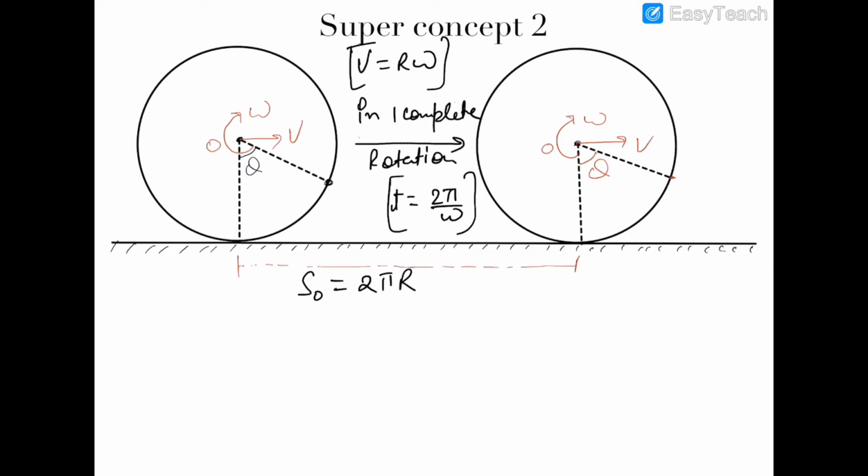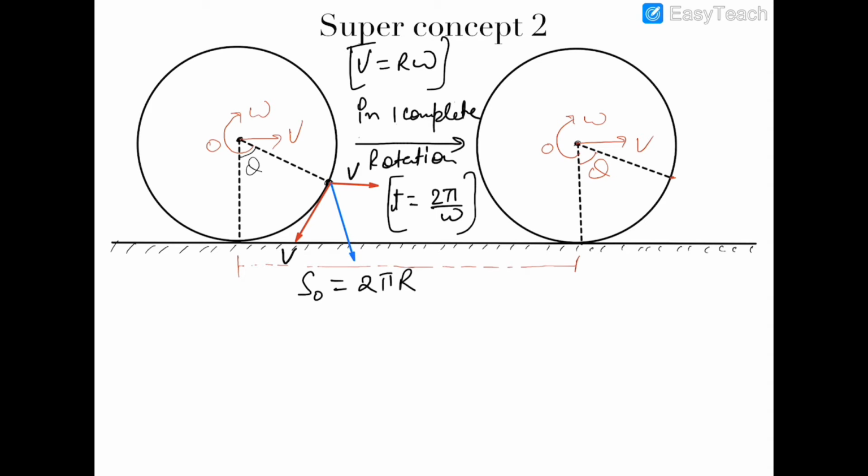Now we need to find out the distance traveled by this general point in one complete rotation. So first of all, let us find out the velocity of this point. So we know that this point would have two velocities. One is due to its translational motion and the other is due to its rotational motion. So that translational velocity is v and the rotational velocity is r omega, which is also equal to v. So this is the resultant velocity,